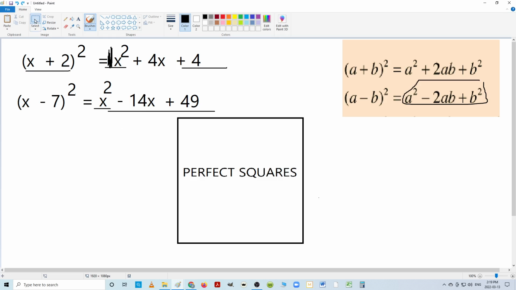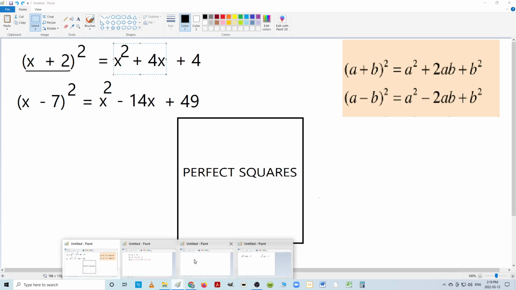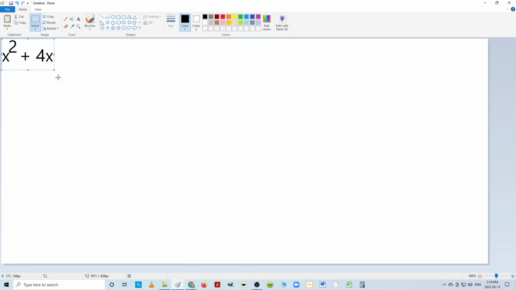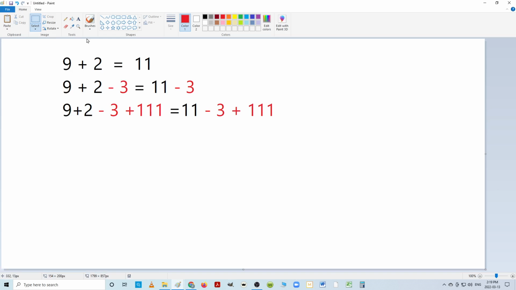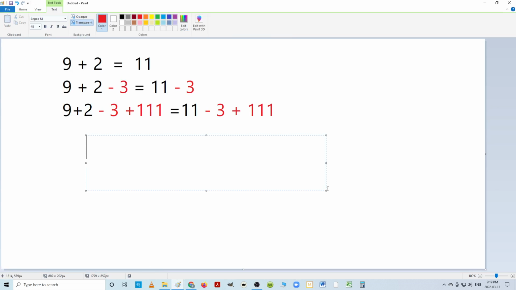Let's look at an example using one of these. Okay, I'm going to just take this one. Pretend you don't have the plus 4 here, right? You don't have the plus 4, you just have that. And before I get there, I want to show you this important notion. If I have 9 plus 2, it's clearly 11. But notice that I can add 3 to either side,